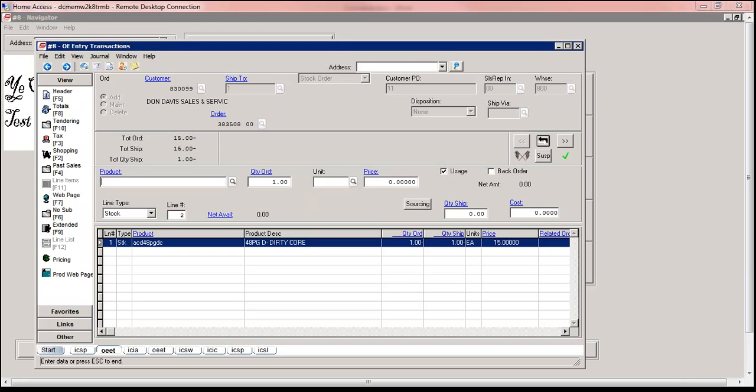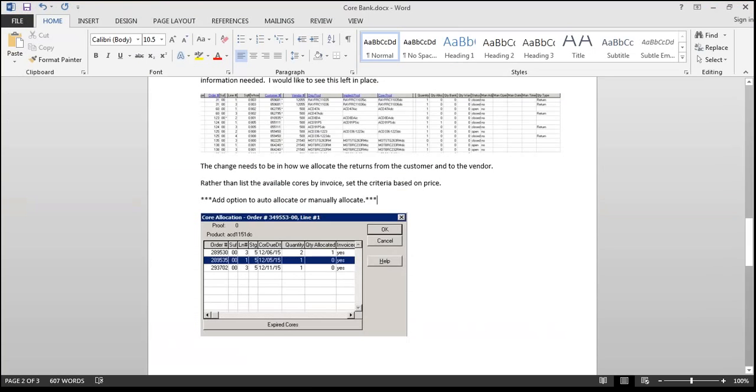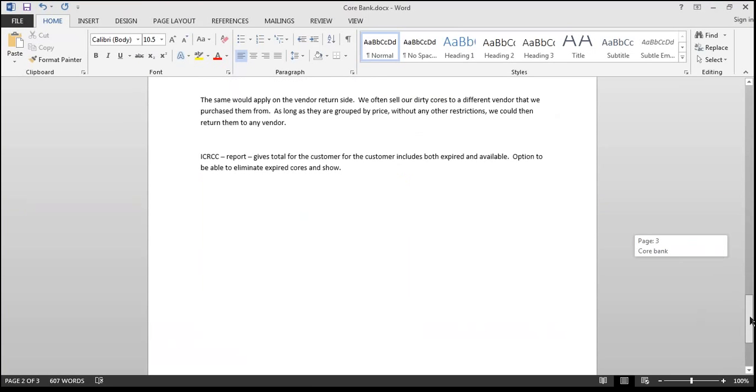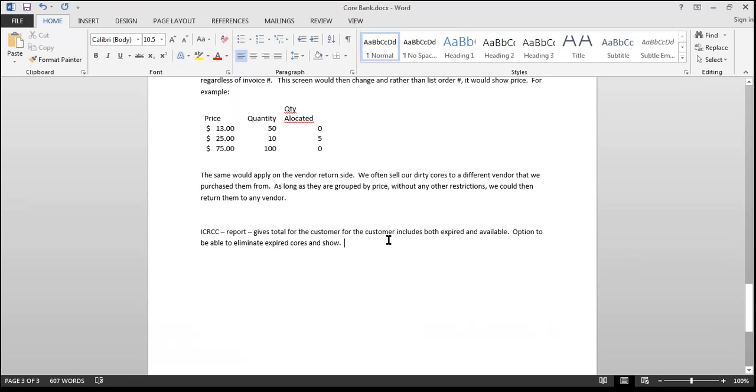Yeah, because that would leave the implied core sitting out there. So I will make a note at the end of this and do some testing on how we would want to do that. I can't inactivate the dirty core because you may still have dirty cores that you need to return to the vendor. But if the remand item is inactivated, inactivate the implied core automatically,